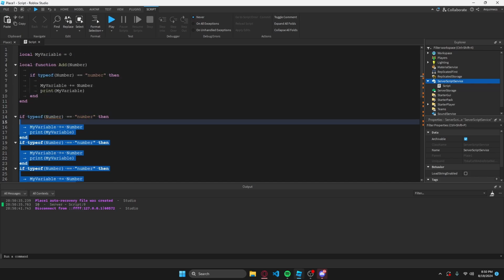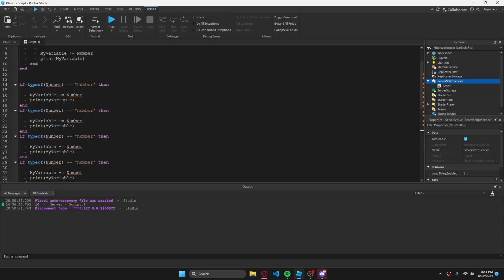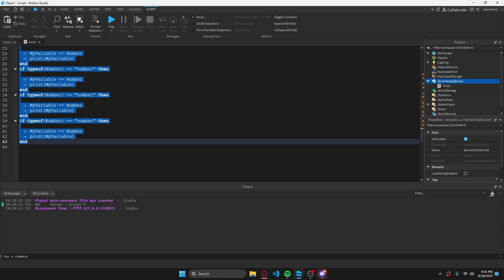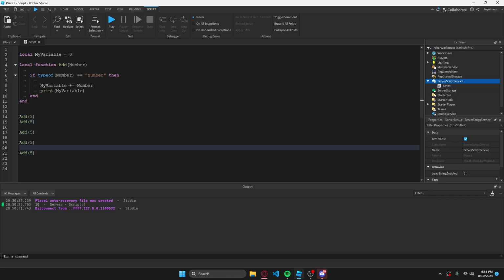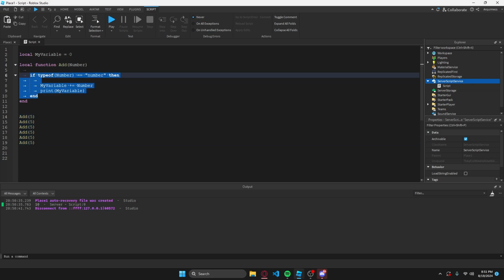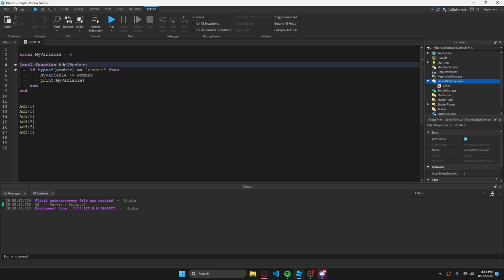It's 4 lines to maybe, like, let's say 1, 2, 3, 4, 5, 6 times. So we need to repeat that 6 times, and that's 30 lines of code. So we can just do add and just repeat it. Say we want to do 5, and then we can just do that. So there we go. So that's 6 times, and you can see that we encapsulated this code that normally would take 1, 2, 3, 5 lines, or well, 4 lines if you really did that, and we just encapsulated it